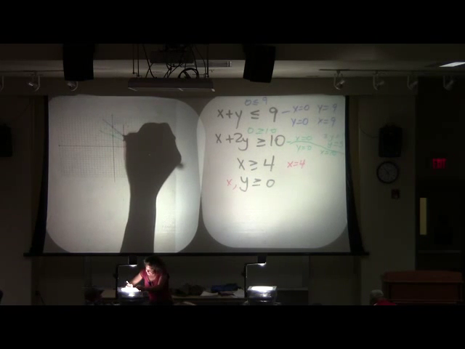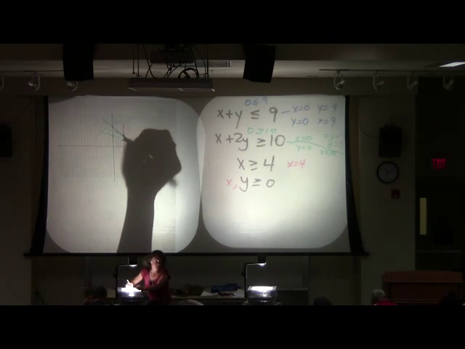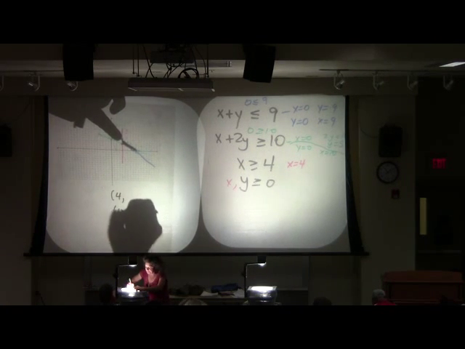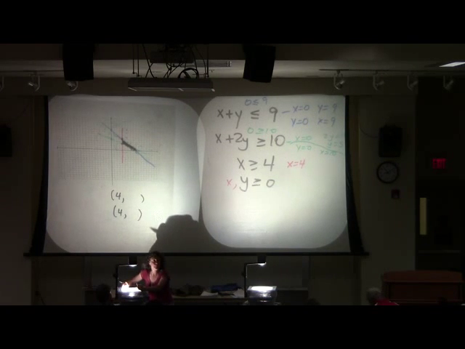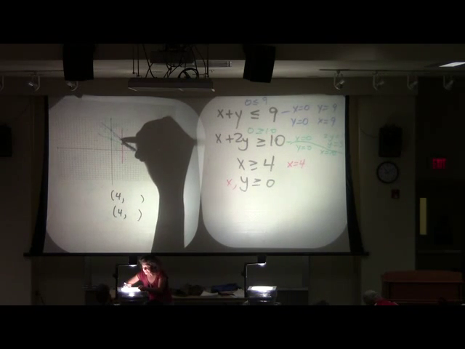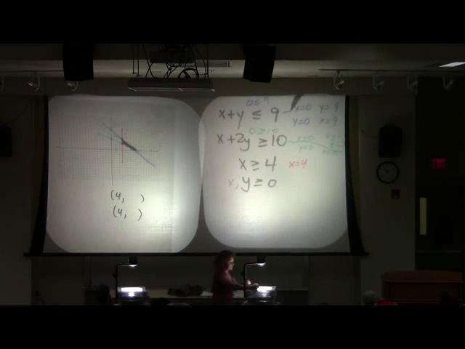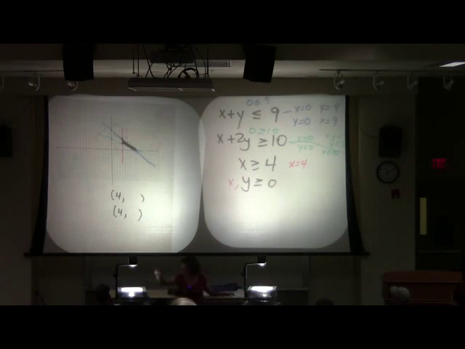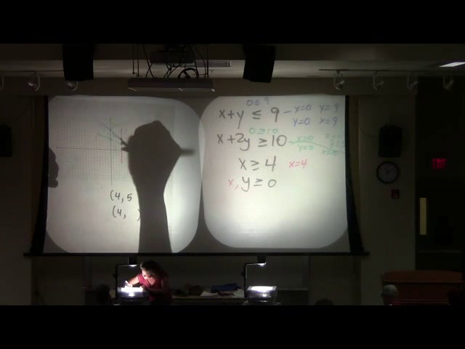Do you all agree that these 2 corner points lie on my line x equals 4? Yes? So, aren't my x values for each of those points 4? All right? And isn't this top guy where red meets blue? Well, look at this, you guys. With my blue line, if x is 4, what does y have to be equal to? 4 plus what gives you 9? 5. And I claim we can actually even read this, because 1, 2, 3, 4, 5.